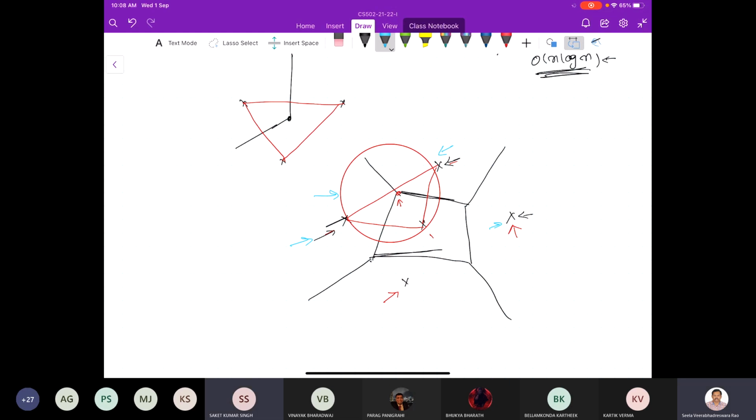Yes, sir, that is clear. But sir, if you take the circumcircle of these 3 points, say this 1, 2 and 3, this triangle, that circumcircle contains other sites. Yes. So that circle is not empty. Yes, sir, I got that. So a Voronoi vertex corresponds to a triangle in the Delaunay triangulation such that if you take the circumcircle of those 3 points, the triangle, it will be empty.